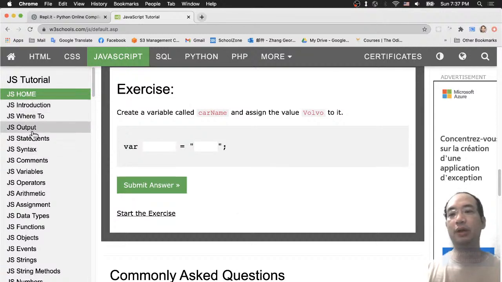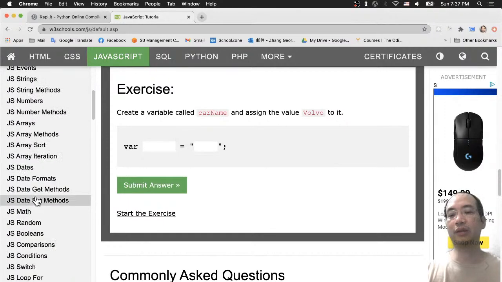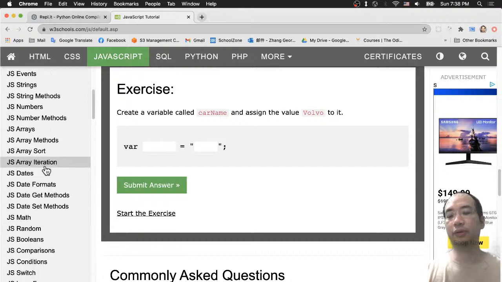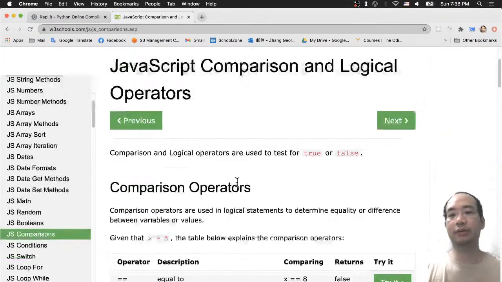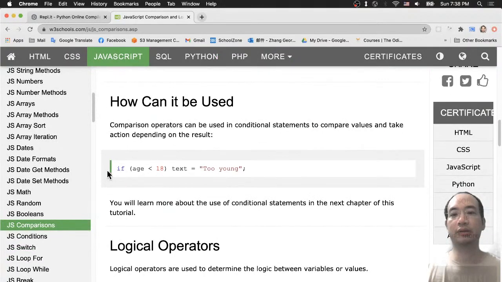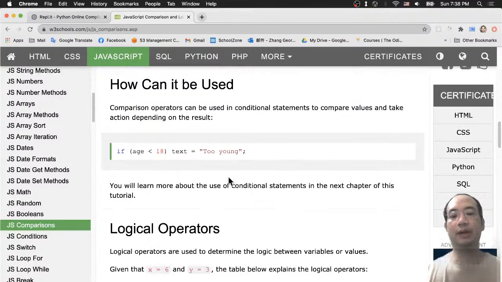So for example, if you go to the if statement, under comparisons, they use if, and they have parentheses to wrap the condition in. They can do the whole thing in one line, like if age is less than 18, and you have the statement right behind it. In Python, for a code block, you have a colon here, then you go to the next line, indent with two spaces, and then you have the code block for the if statement. But in JavaScript, they use